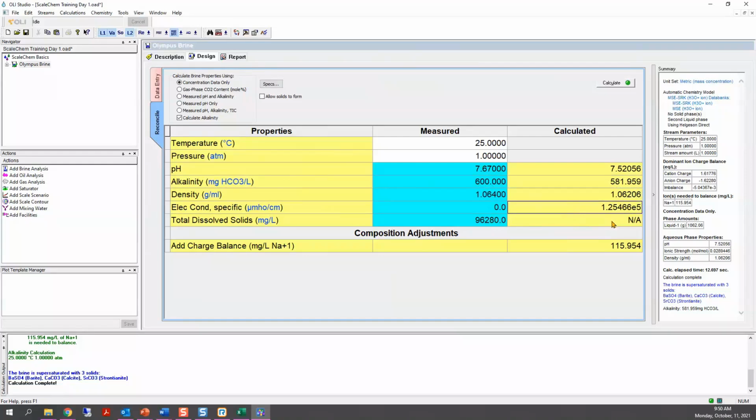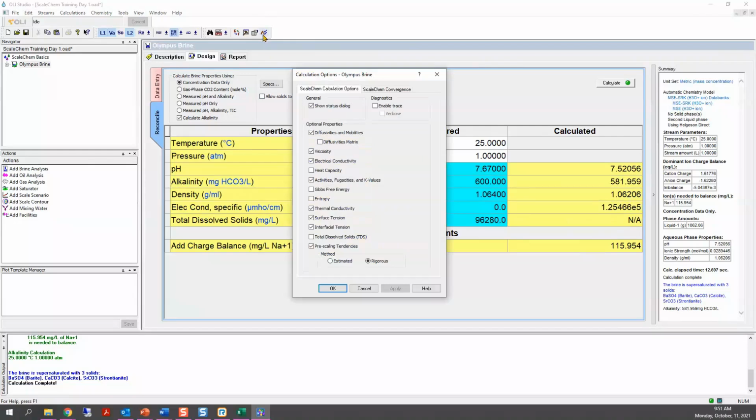So when you see this type of value here, like NA, that means that we need to make sure to enable this calculation. It was not enabled because when we add more properties to be calculated, the computation time gets slower. So if you want to see the total dissolved solids, you go to this icon here, the last icon in the toolbars, called calculation options, and you click on it. Then you'll see that there are several options here for the properties.